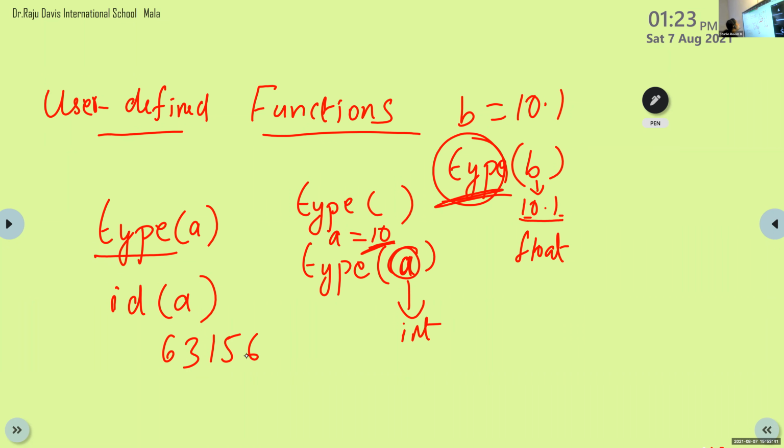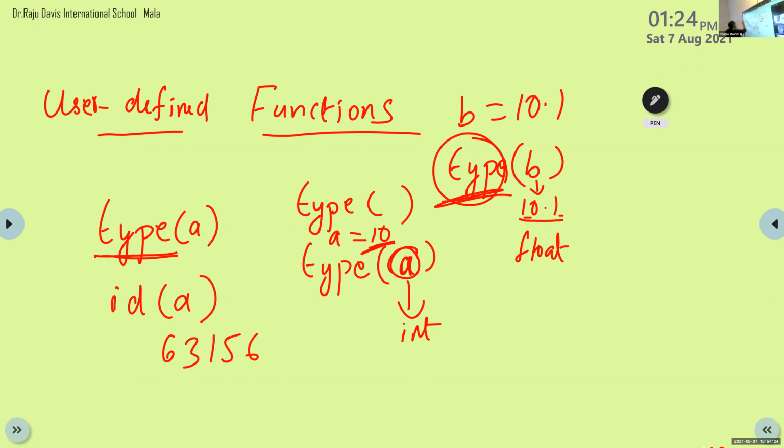Okay, a function is a group of statements that is used to perform a specific task. A set of statements or a group of statements to perform a specific task is known as a function. We divide these functions into two: user defined functions and system defined functions or built-in functions. Built-in function means the system is defining the function definition. There is no need for the user to write the definition. The user can just use this function.